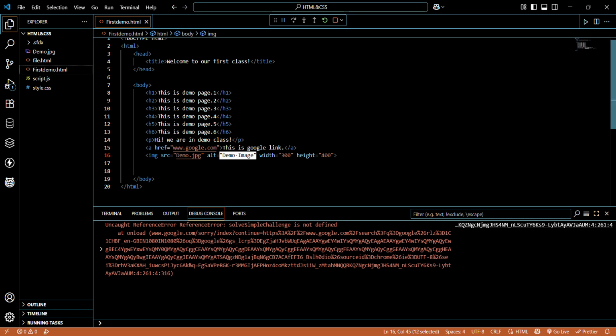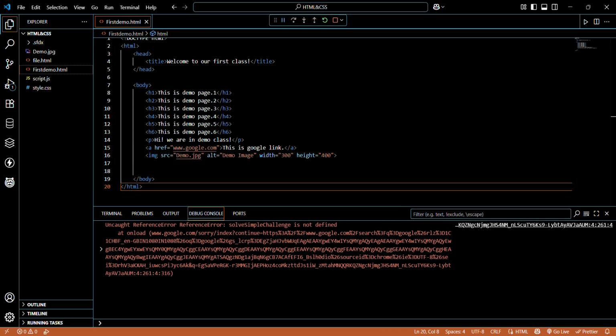After this we are using the src attribute in images, which specifies the path of the image to be displayed. And we use the alt attribute for images, which provides alternate text. And